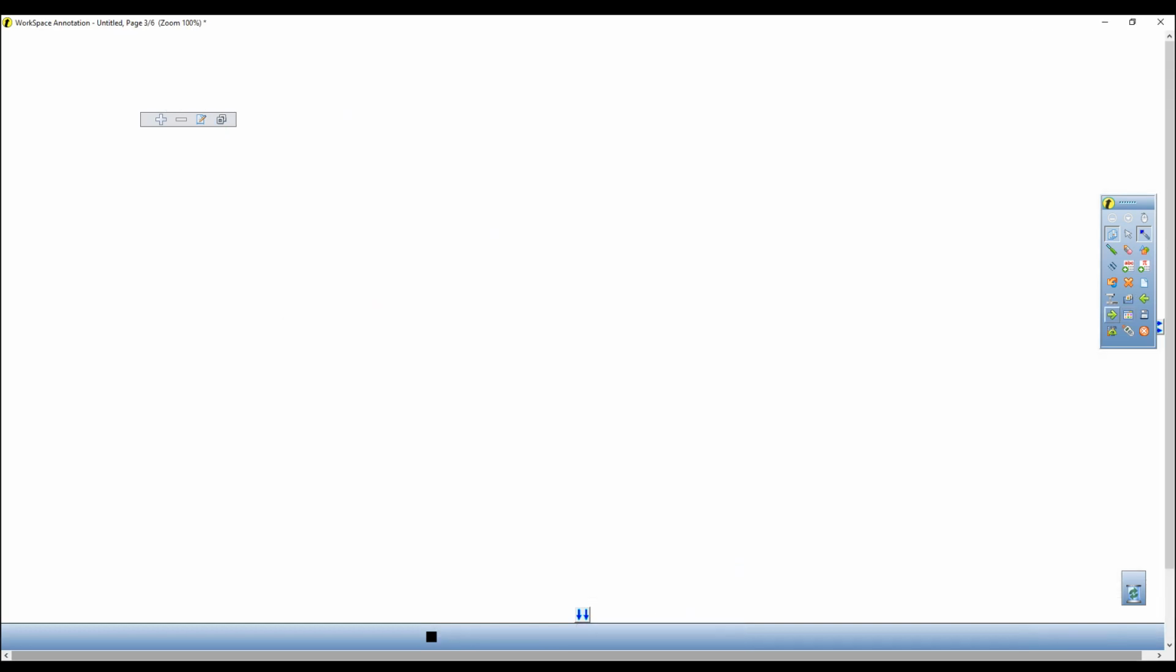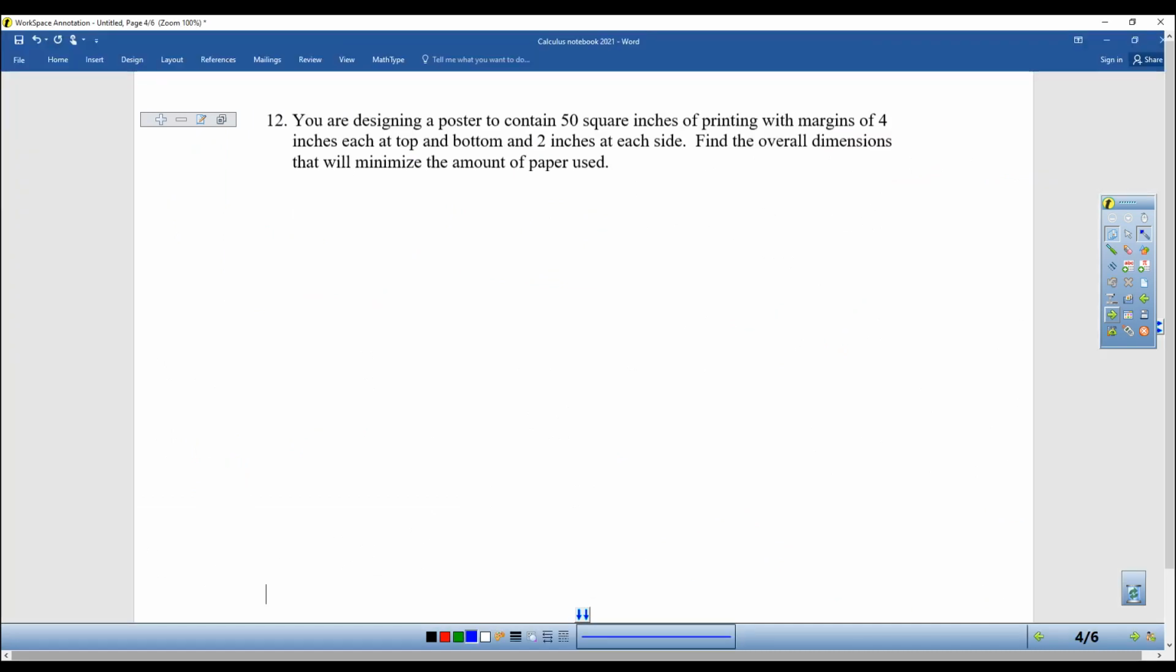All right, let's do number 12. You are designing a poster containing 50 square inches of printing with margins of 4 inches at the top and bottom and 2 inches at each side. Whenever you can, draw a picture. So I have this printed section,